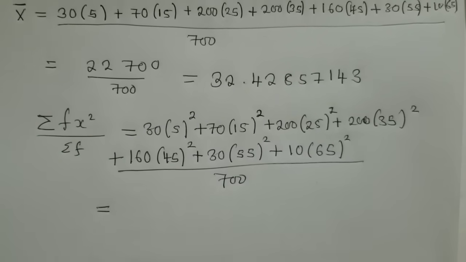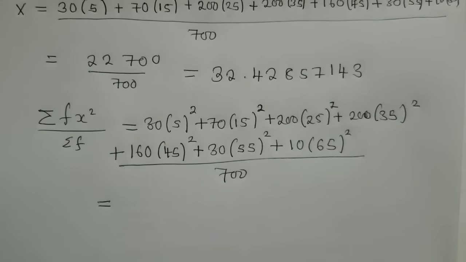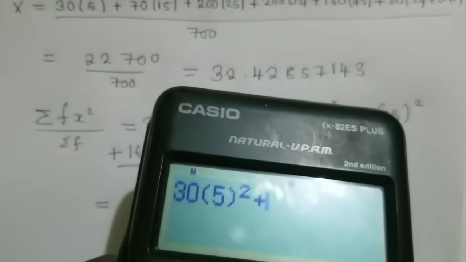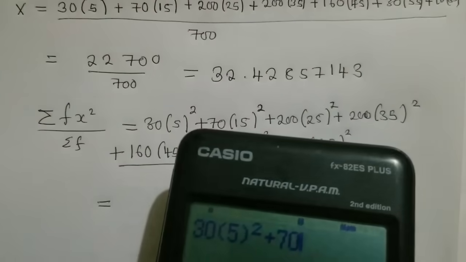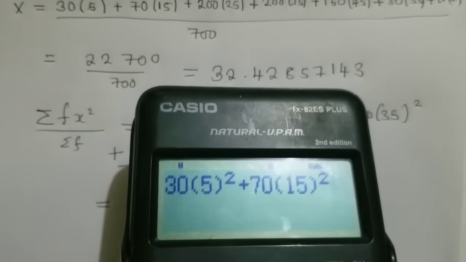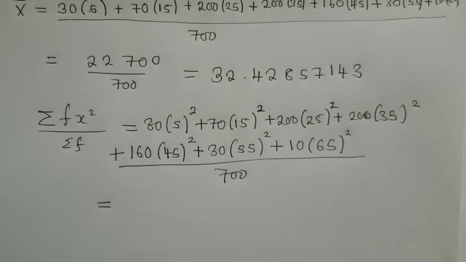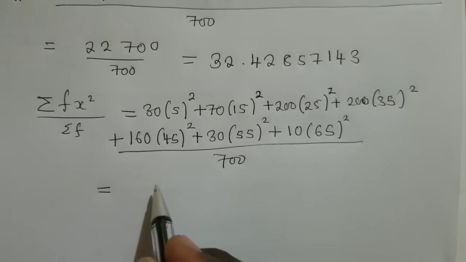And then you say equal to. Now we start punching. 30, open bracket, 5, close. Okay, like this. You can see maybe this is what you can be doing, like that. Don't forget a power 2 everywhere. Power 2, the way it is, you copy everything. So that's 200 inside the brackets. We've got a 35. We close. We've got 160. Open 45. We close. We've got 30. Open 55. Okay. We've got 10 there. 65. Power 2 there. And when you punch nicely everything, you're going to get